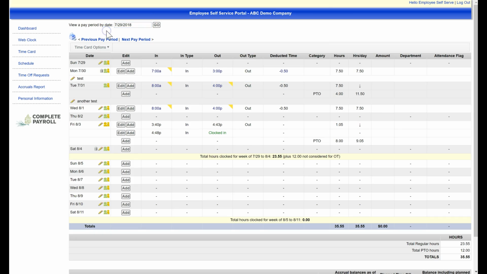I can print my time card by clicking on the printer icon. And finally, under time card options, you'll see these other options as well. Moving on to my other menu items on the left-hand side. If your time is based on a schedule, you may see this schedule item here, which will be a basic